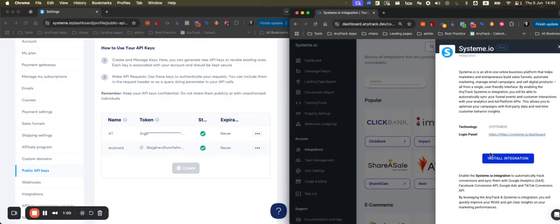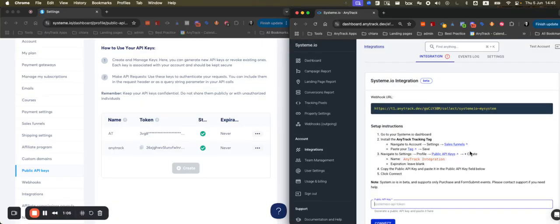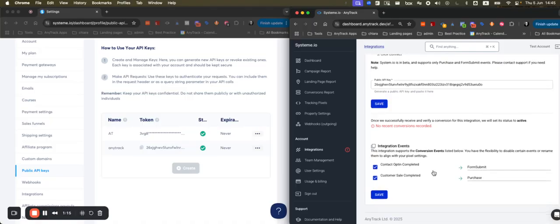Go to AnyTrack, integrations, search for Systemeio, install the integration, give it a name, the API, and connect. Okay, no recent conversions recorded. You can save, and now you can